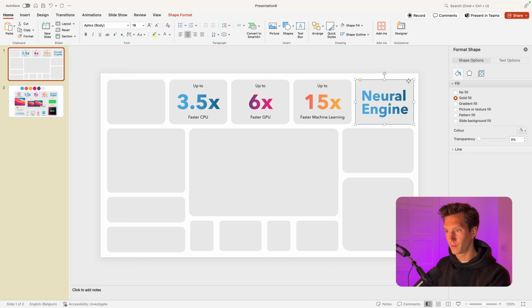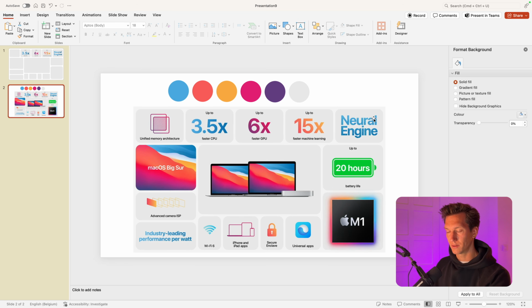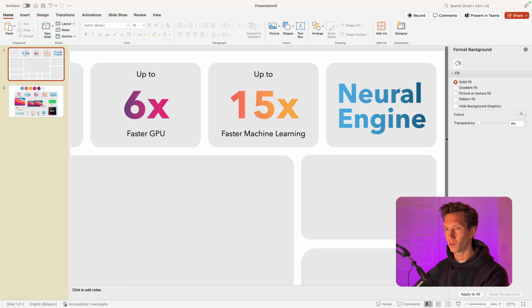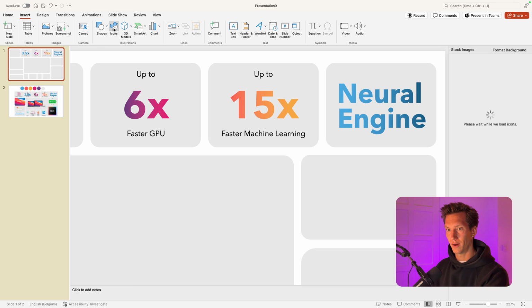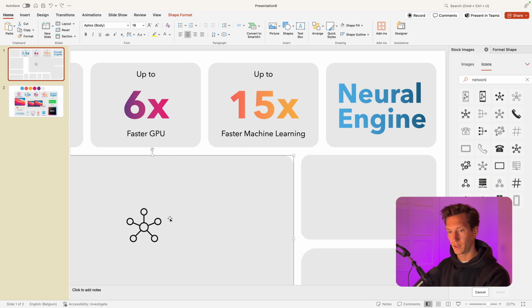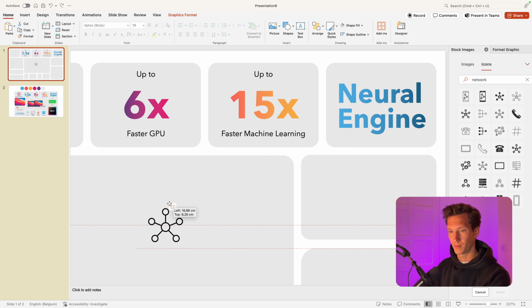Now, if I look at it in detail, we can see that there's some sort of an icon on top of that neural engine. So there's like the network icon that runs through. We can mimic that. Now, if you want to do it on the letters, that's going to be hard, but there's a simple trick that you can do to sort of make it look cool as well. So I'm going to insert icons, and I'm going to add one of those network icons on top. So here we see some network icons. So maybe this one in this case, insert,